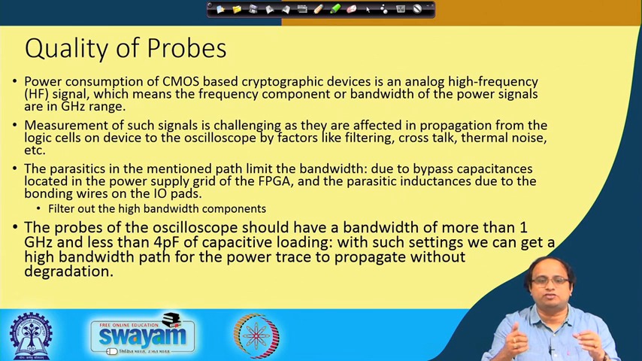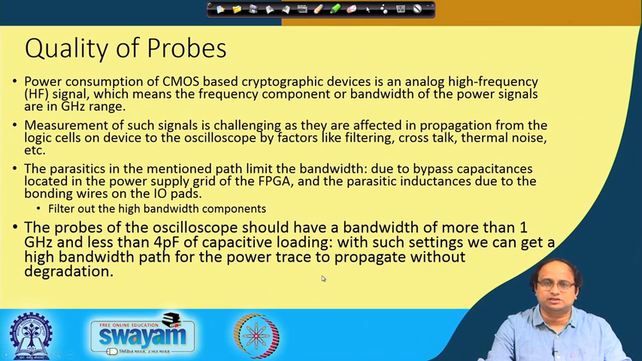For example, you can have the bypass capacitances, or you can have the inductances. All these things will play a role to serve as a sort of band pass filter. They will remove some of the high frequency components. Therefore, the probes of the oscilloscope should have a bandwidth of more than 1 gigahertz as a thumb rule,